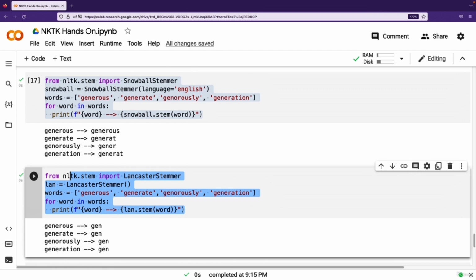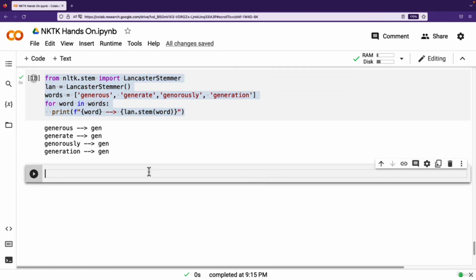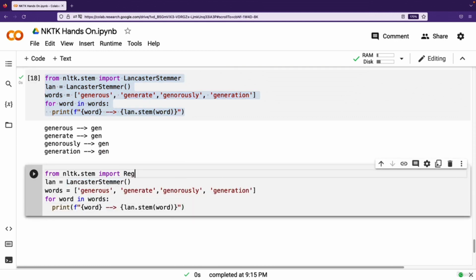Okay, now we also have the regular expression stemmer, so we can also apply that by specifying the regular expression. Okay, so these are all the various types of stemmer that we have got. Now let me show you the regex stemmer as well. Okay, we'll initialize this regular expression stemmer, and I can specify some regular expression. So for example purposes, I'm going to write it like this: ing